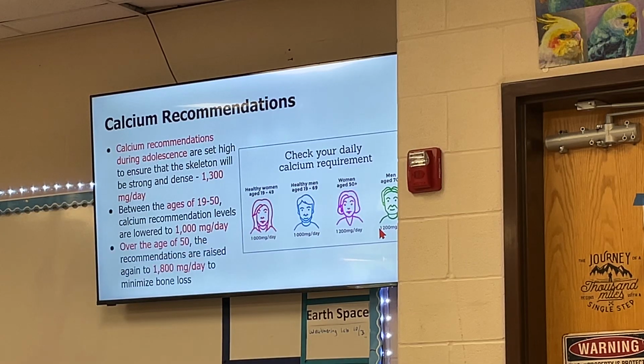Stop. So recommendations for calcium. During adolescence, you're recommended, that's not a minus, that's a dash. So for adolescents, your guys' age, 1,300 milligrams per day. Between the ages of 19 and 50, 1,000 milligrams per day, unless, of course, pregnant, and then pregnant is more. Over the age of 50, you up that because bones start to get brittle, and then it's 1,800 milligrams per day. And that's because,